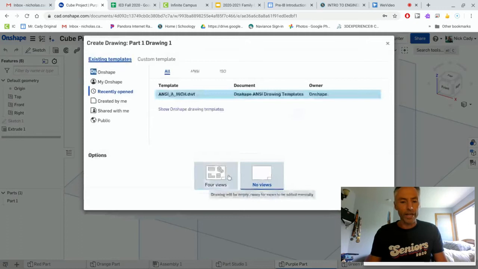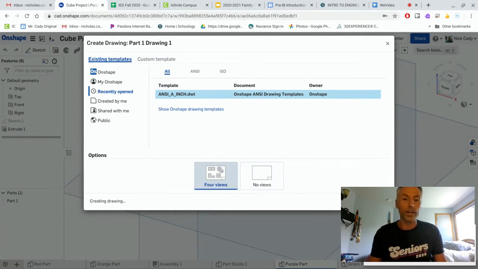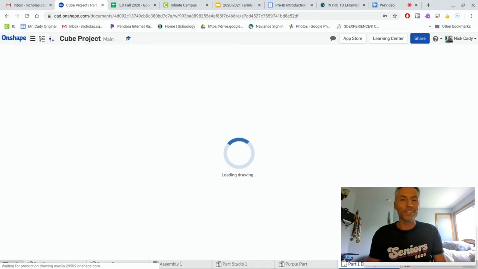But what we're going to do right now is we're going to use this template that already exists. It's called 4 views. And those are kind of the standard 4-view drawing that you should use so that people looking at your drawing files know how to make your stuff. So as that's loading, which sometimes can take a little bit,